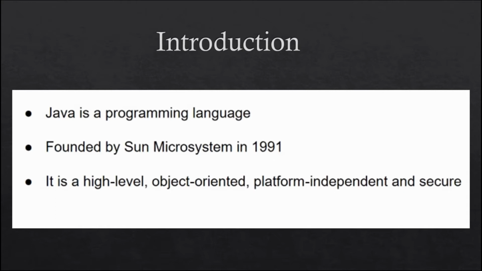The next key feature of Java is that it is platform independent. You can execute Java code on any kind of machine. It only requires the Java Virtual Machine wherein you execute your code. So it's not like you need a very specific set of tools in order to execute the code. You just need to have the JVM and you can run your code. So you can execute your code on any kind of machine.